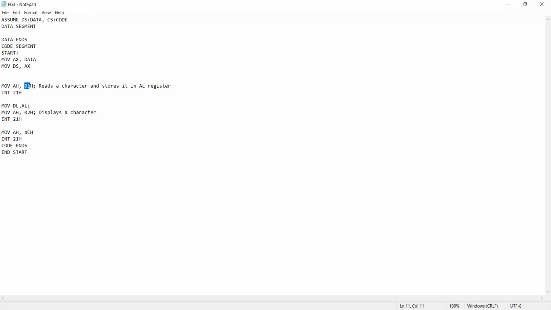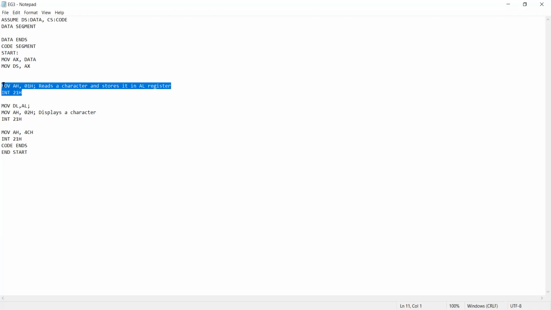When we pass 01 into the AH register and call INT 21H, it reads a character from the standard input device and stores that character into the AL register. That is the purpose of these 2 steps.